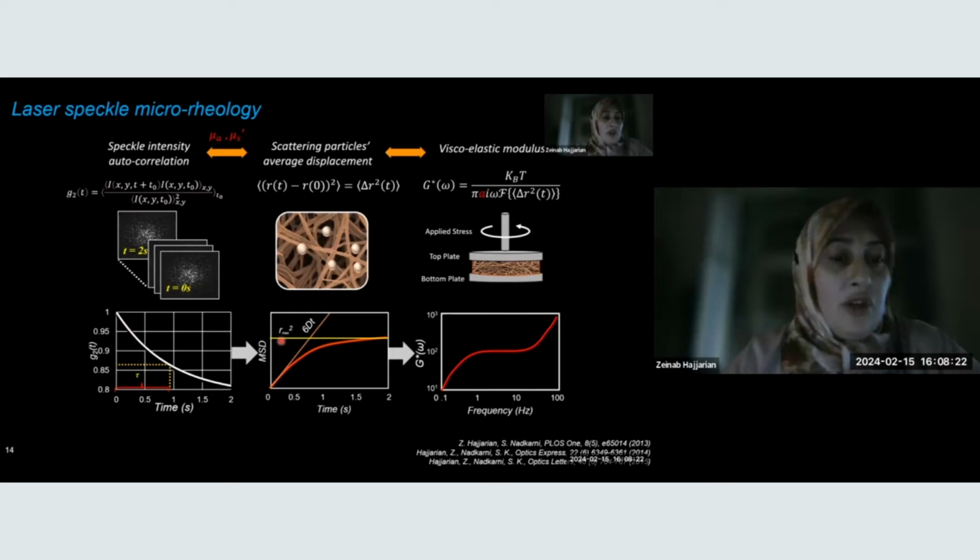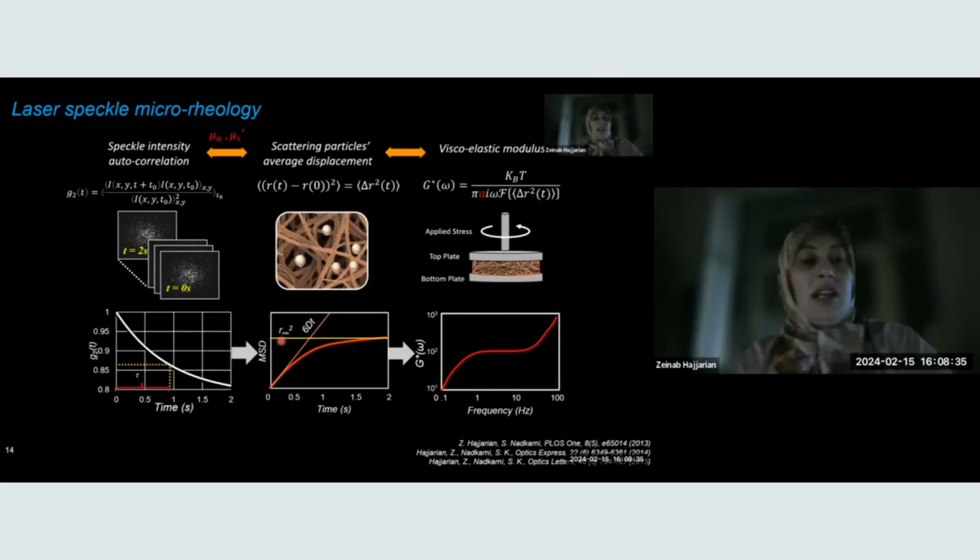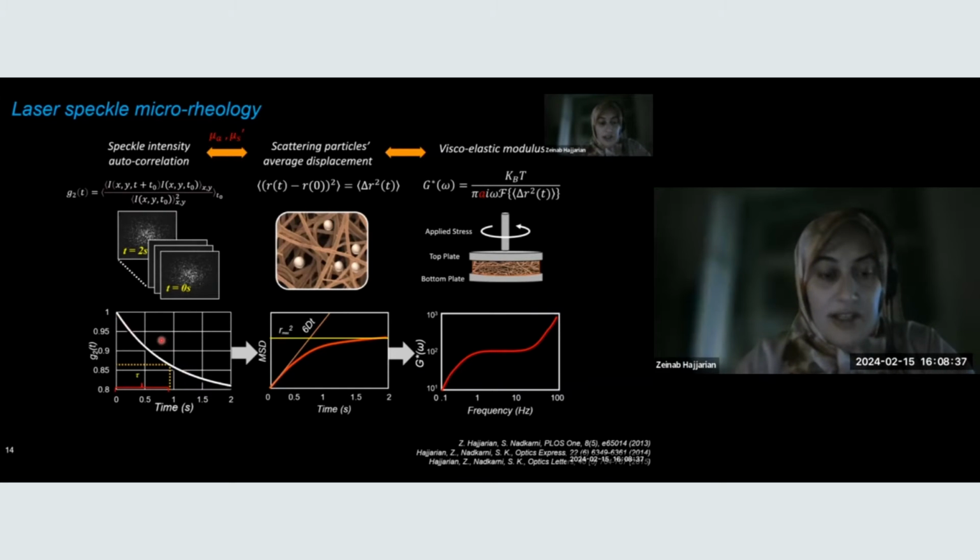First of all, what we need to do is to quantify the rate of speckle fluctuations. And this is achieved by capturing these speckle patterns with a high-speed camera, and then calculating the speckle intensity autocorrelation function. This is a curve that is obtained by cross-correlating speckle frames in a sequence of frames that are acquired at a high speed. The idea is that this speckle decorrelation curve has to be related to the mean square displacement